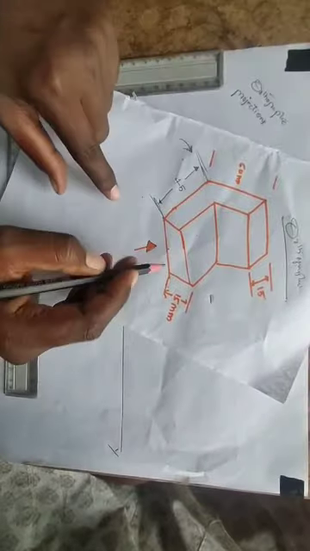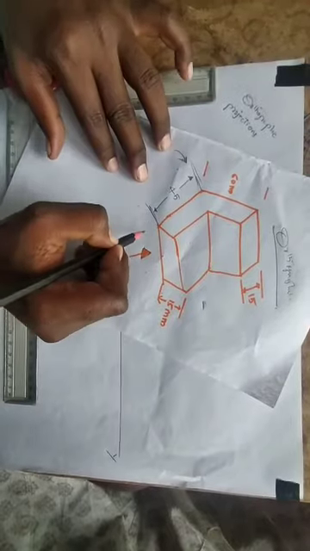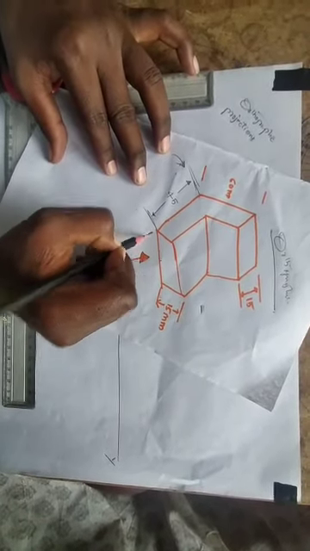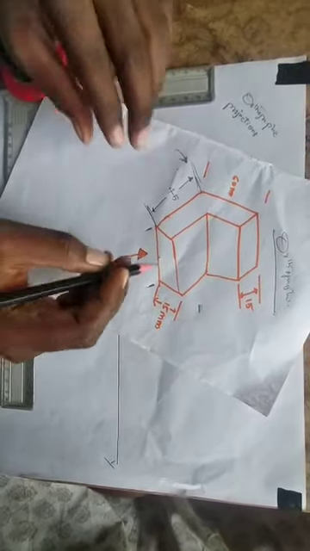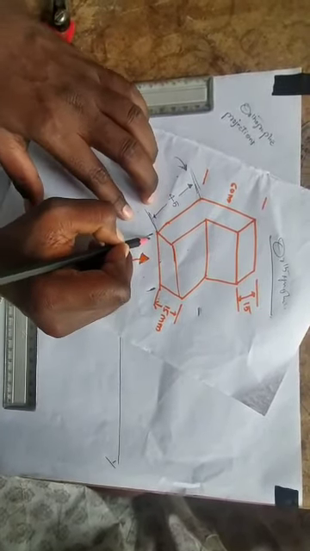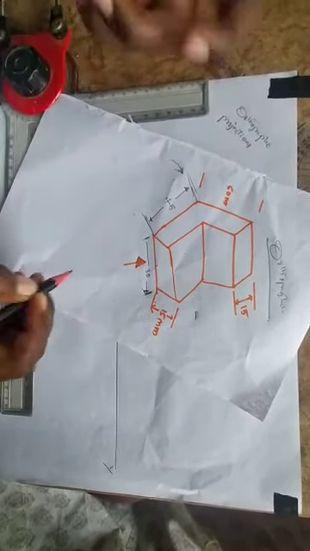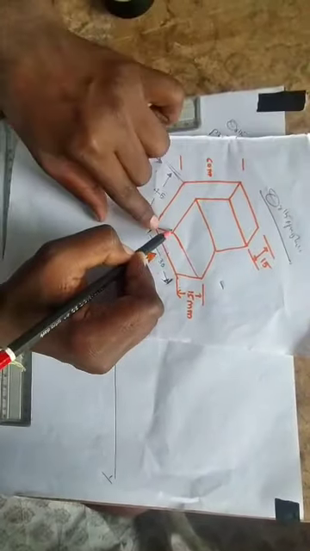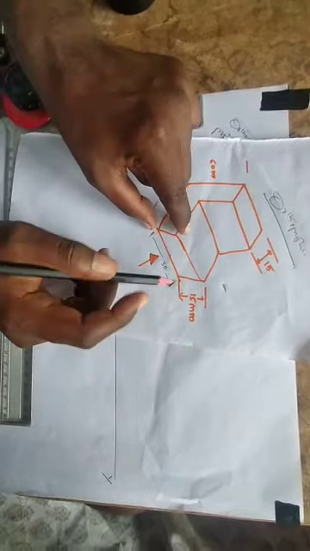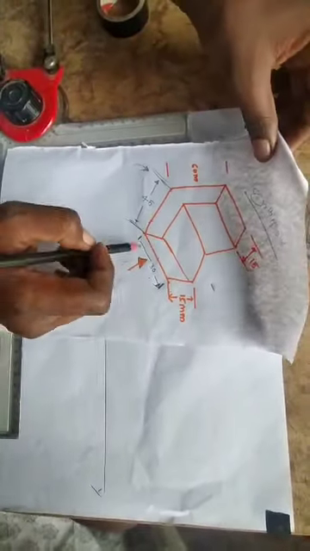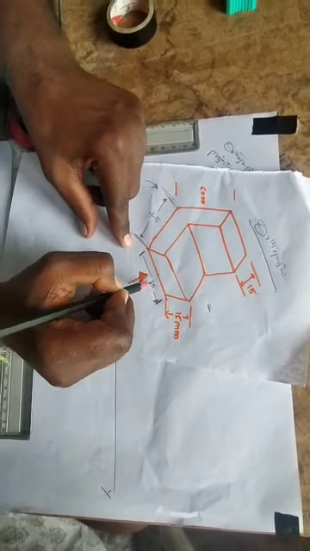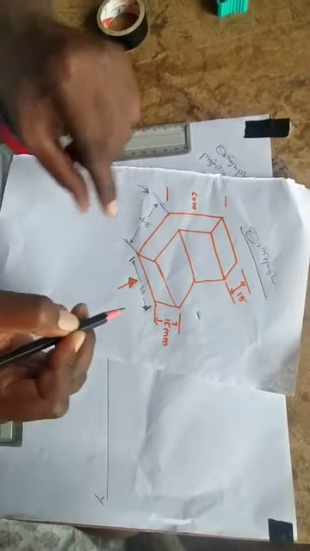This diagram has 60 mm. First of all, we have to draw the front view. In the front view we draw the height, and next this is the width, or length. This is 30 mm length. The next height is 60 mm. Here we have a band. The band is at 50 mm, and this step band width is 15 mm. In the front view this is considered length 30 and height is 60.